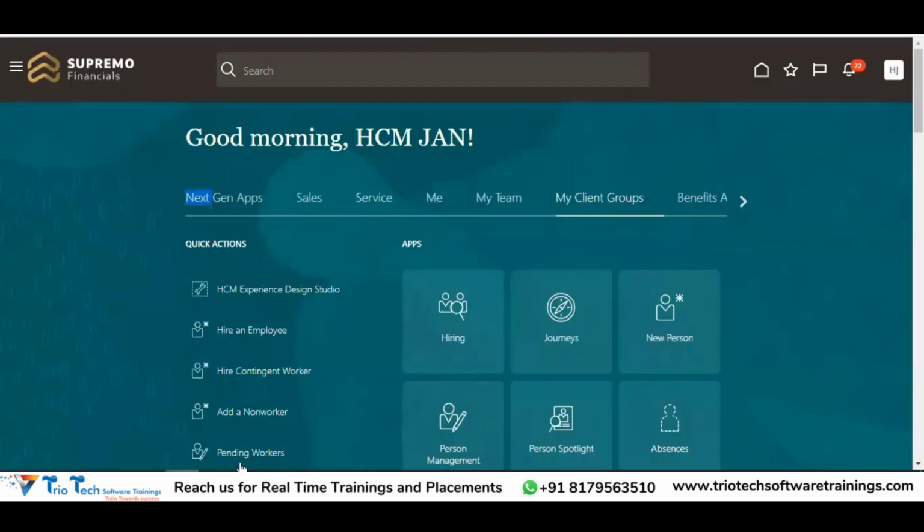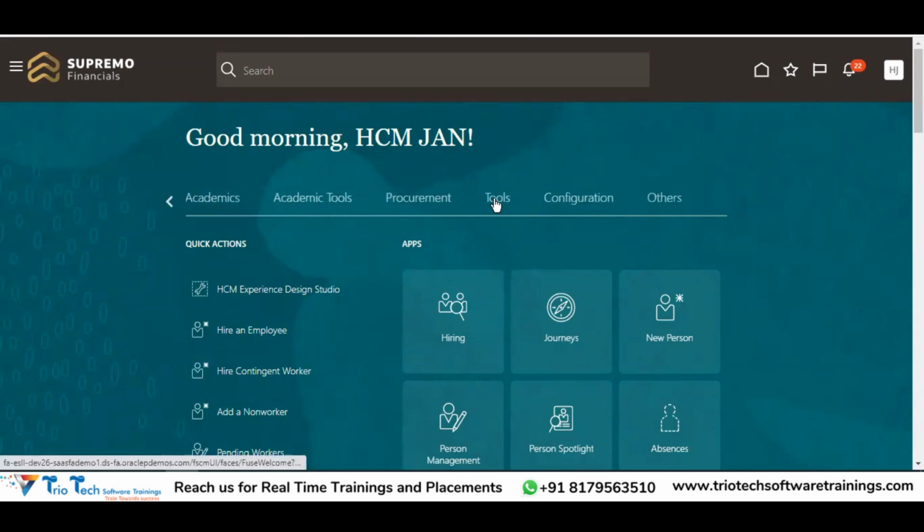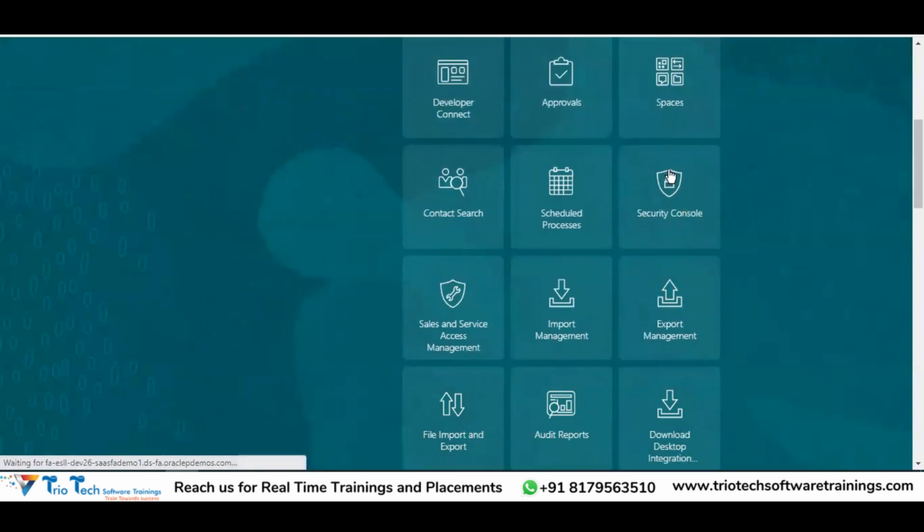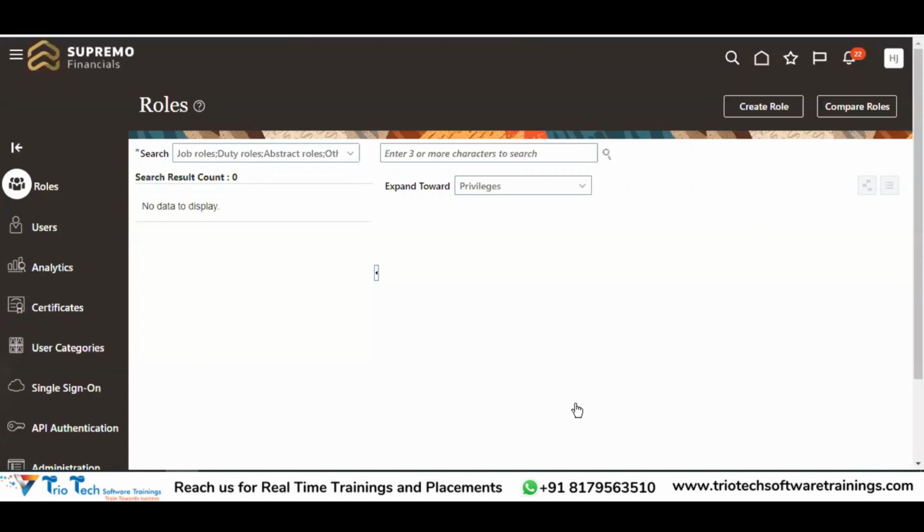Let me go to the system. Let me go to tools, and then let me go to security console. As I told you, in the Fusion application, the entire security